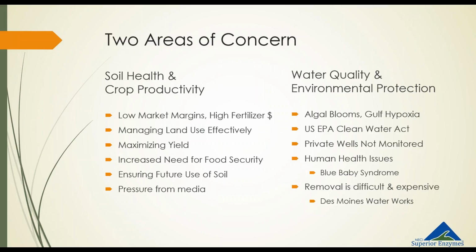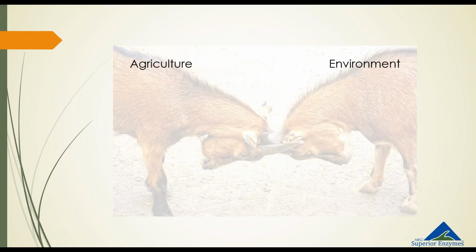The US EPA Clean Water Act sets the maximum of nitrate in drinking water at 10 parts per million, and elevated levels of nitrate in drinking water can decrease oxygen carrying capacity in the blood, which is what causes blue baby syndrome. And removal of these nutrients once they're in the watershed is very difficult and also very expensive once they're in the groundwater, as we've seen in the case of the Iowa Waterworks lawsuit. And from this lawsuit,